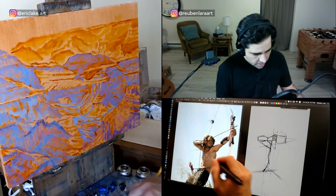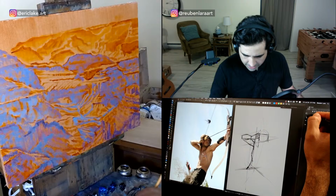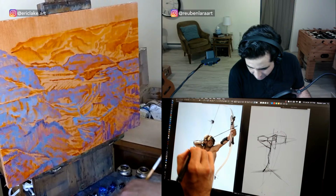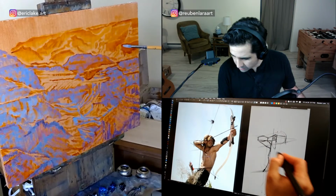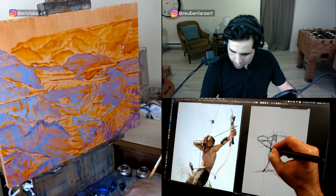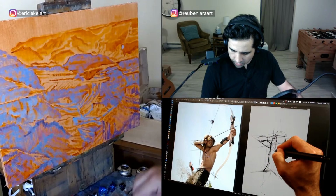All right, I'm noticing on this picture here the pit of his neck, kind of this angle of his arm. So I'm going to extend that angle here, and I know that the pit's going to come all the way down that way. Using these marks to...